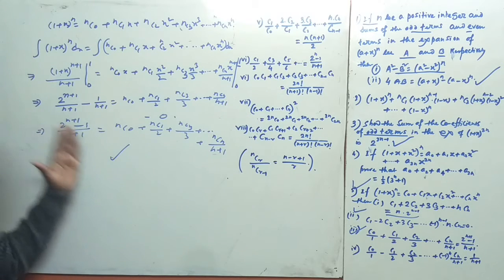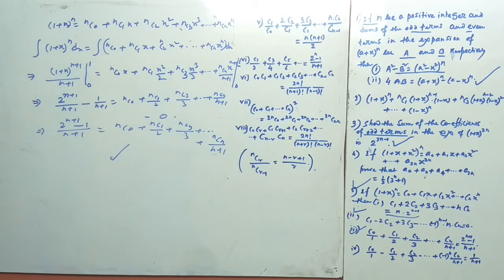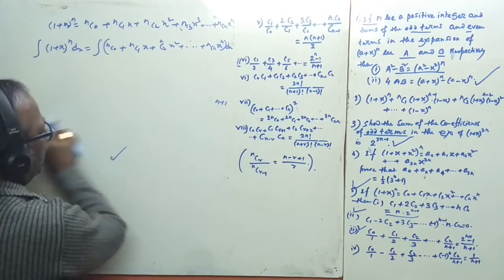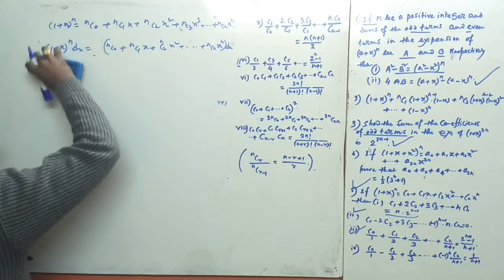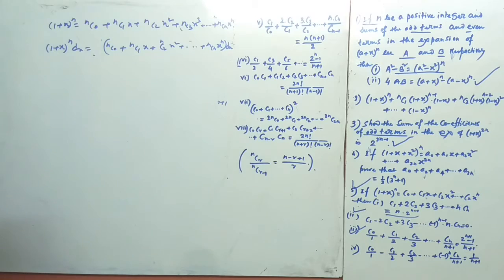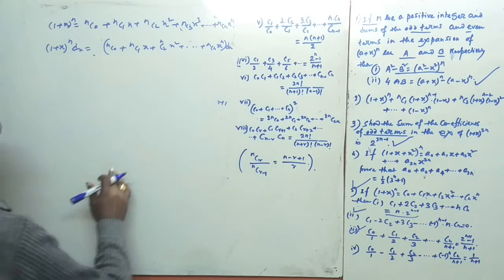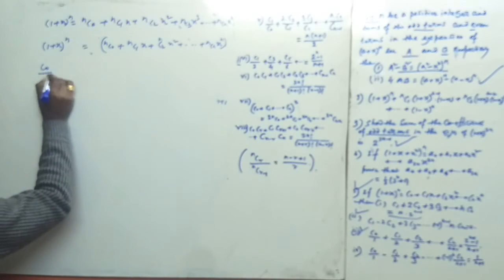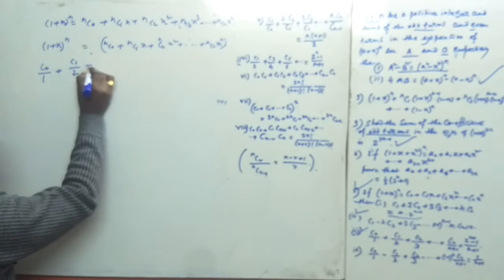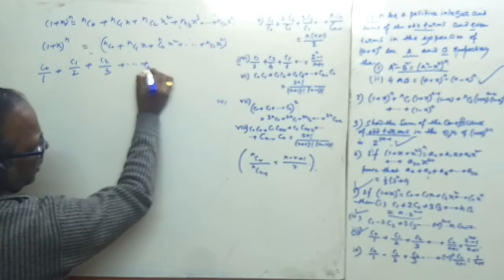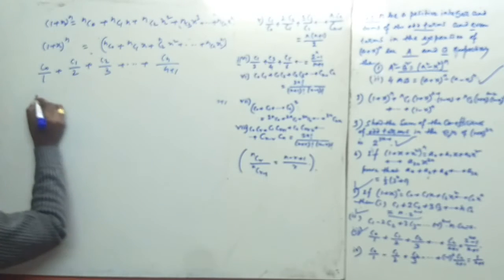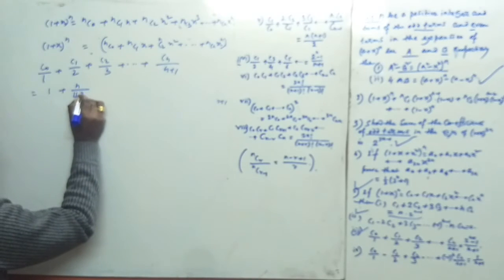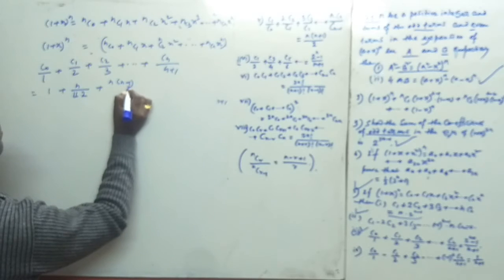Second, now without using the integration calculus, how is it possible to get the relation divided by 1, 2, 3? See the solution. Again, we solve by the other method without using the integration. That is C0 by 1, C1 by 2, C2 by 3, that is Cn by n plus 1 here. Okay. Now C0 means 1, C1, n by factorial 1, into 2, n into n minus 1.